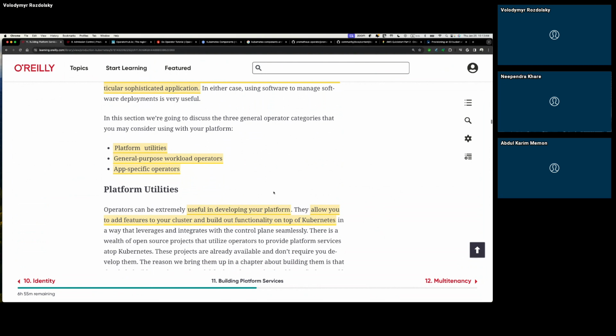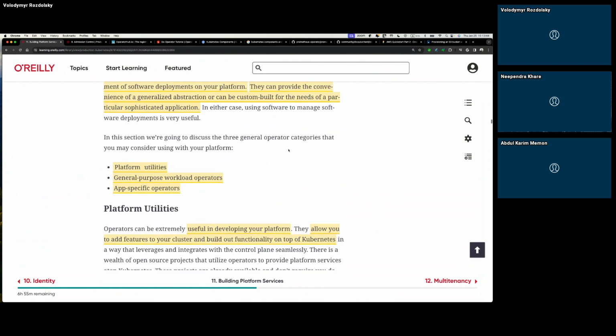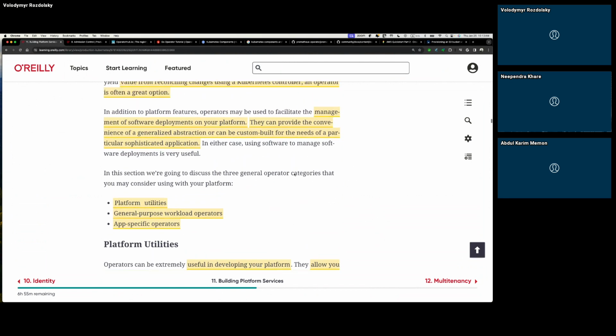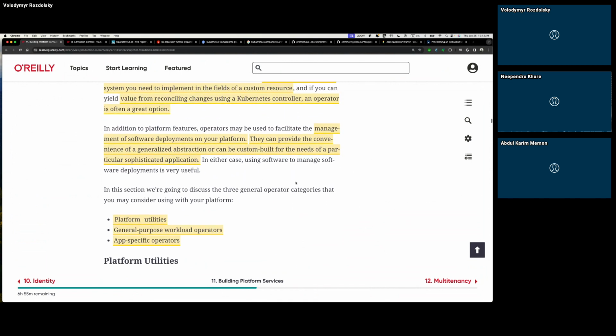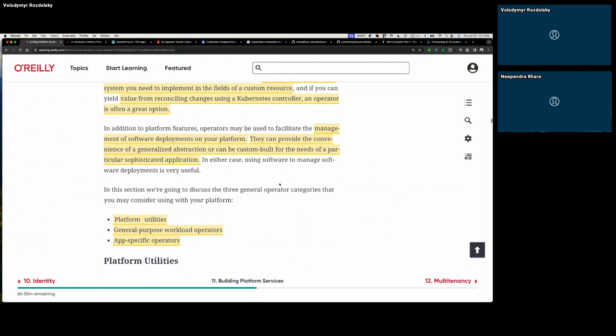So operators fall into categories: platform utilities, general purpose workloads, and app-specific. I used an app operator for installing apps, for example Cloud Paks. These are very workload-intensive applications for ML, where we had to install this Cloud Pak.